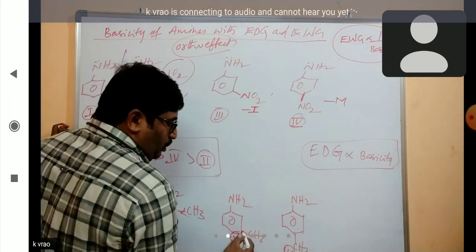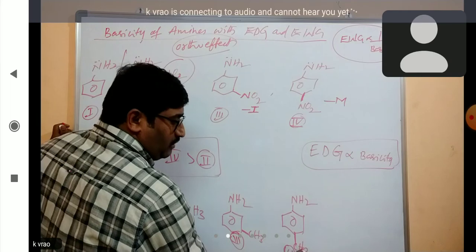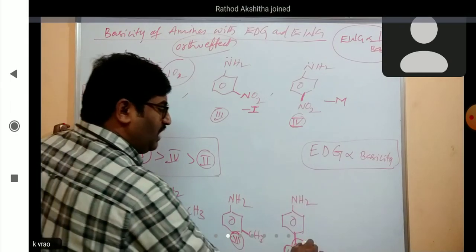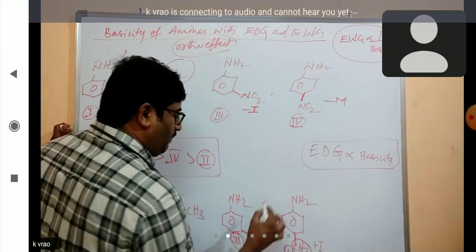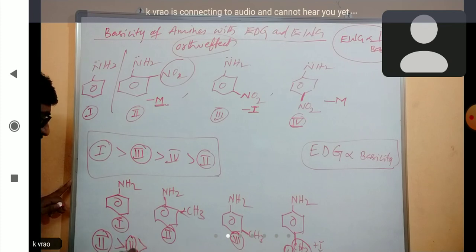Now the meta position has a methyl group and the para position has a methyl group. This has the highest impact. Plus I effect is more here, but here plus I effect is less. That's why we take here 2 is greater than 4 is greater than